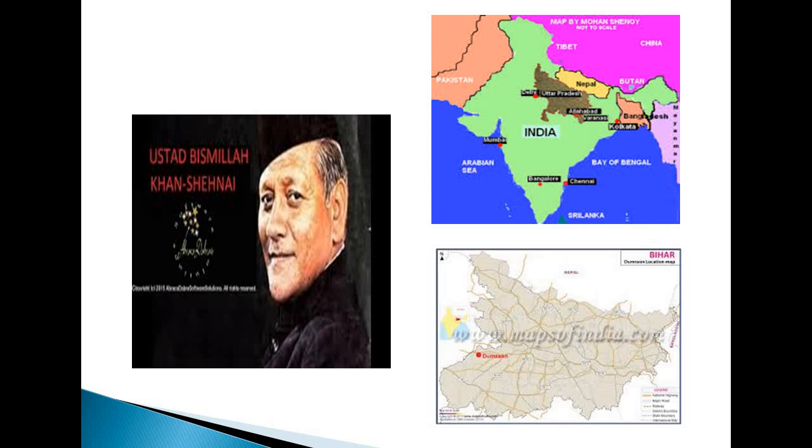These are the places which are important in Ustad Bismillah Khan's life. And also we have the map of Bihar where I have tried to show you where exactly Dumrao is located. You can see here in the map, lower down. Bismillah Khan came from a very small place of Bihar, and from there he became an internationally famous icon, the Ustad who has contributed immensely to Indian culture and the Indian music world.